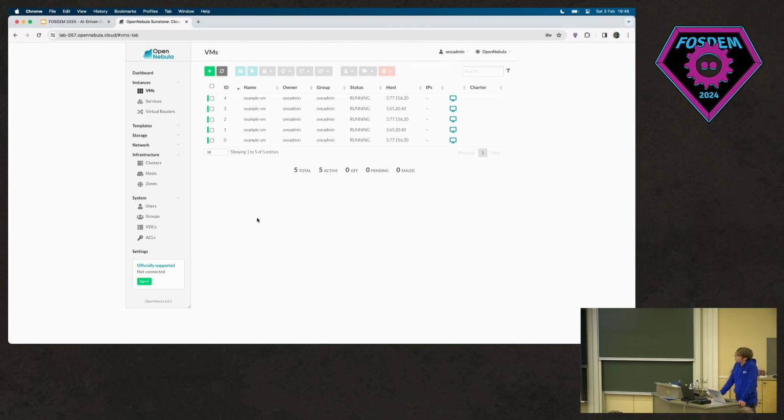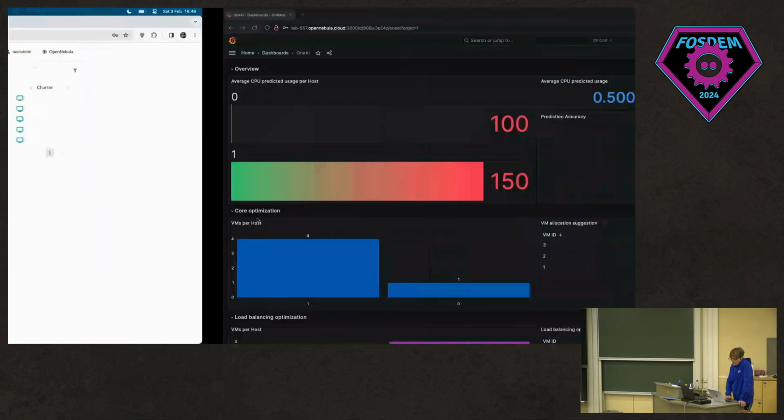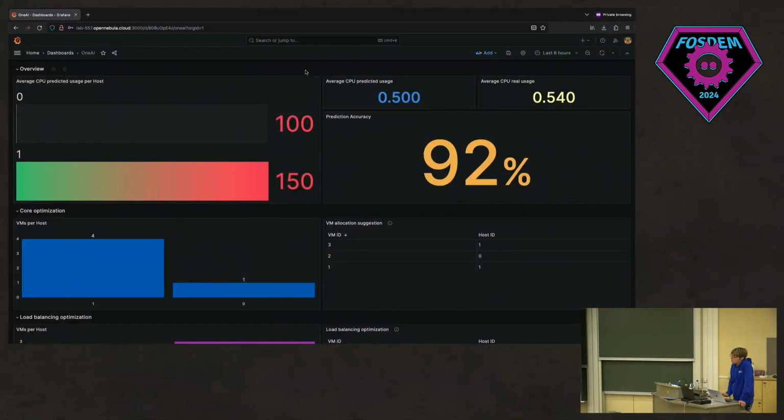So when we install the One AIOps framework, and we have documentation for that, if we go to Grafana and import the One AI dashboard, we can see this. These are the results that One AIOps generates.